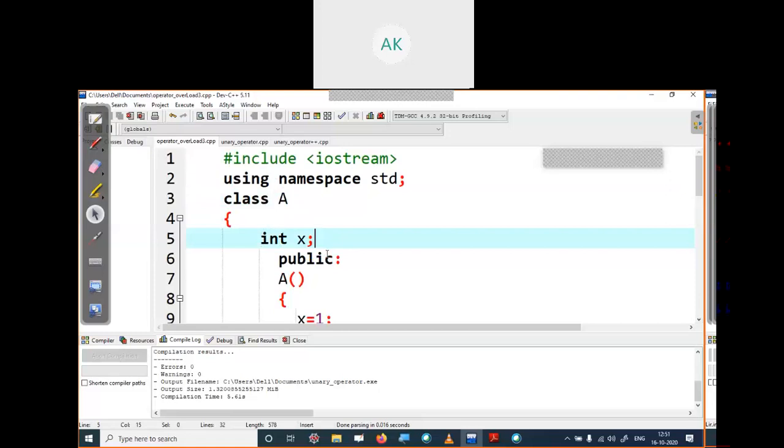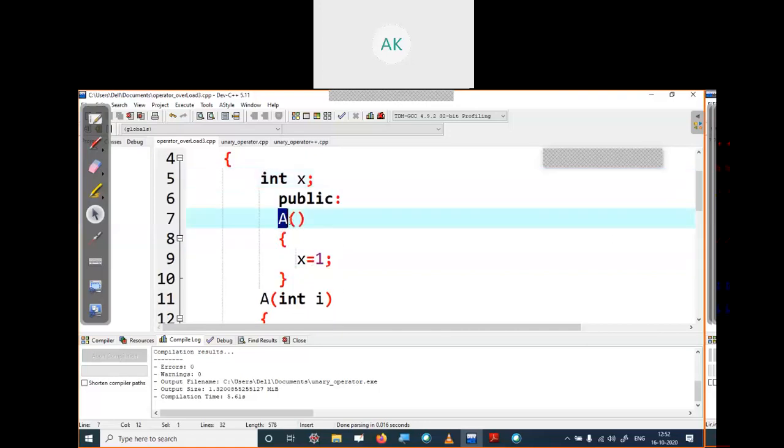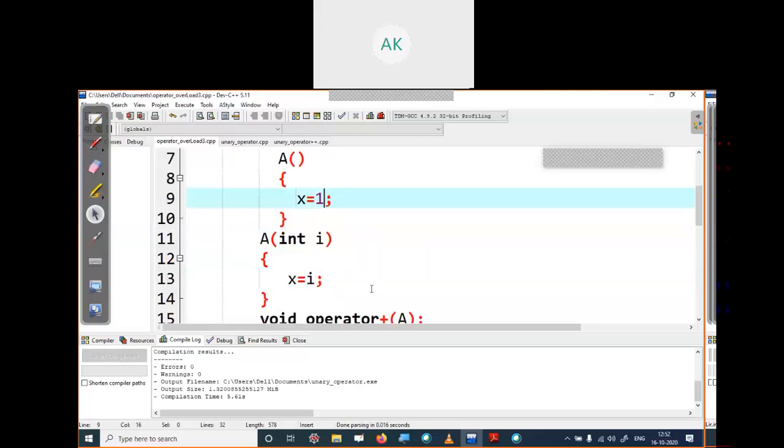In the next line I write public, which means after this, it will be considered public. Here A is the class name, and the method name is also the same. It's a constructor. We are not passing any parameters, which means it's a default constructor. When you don't pass any value, it will set the value of X as 1. You can set any value you want as a default.